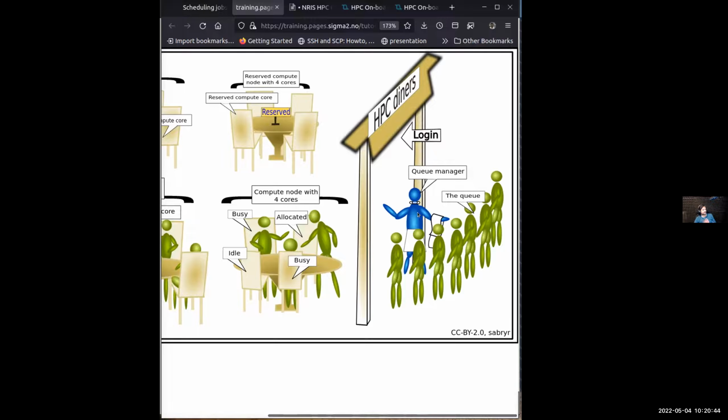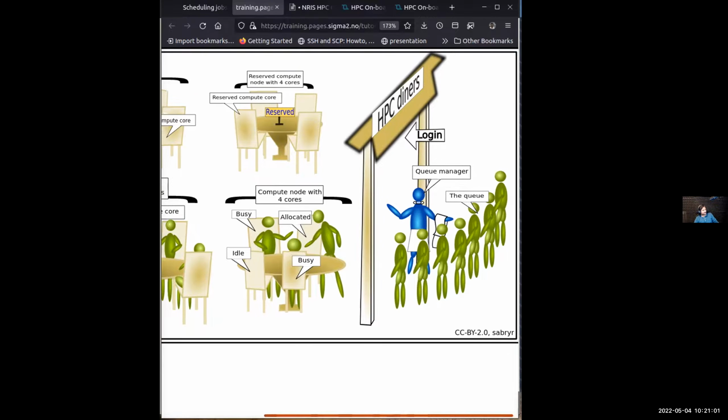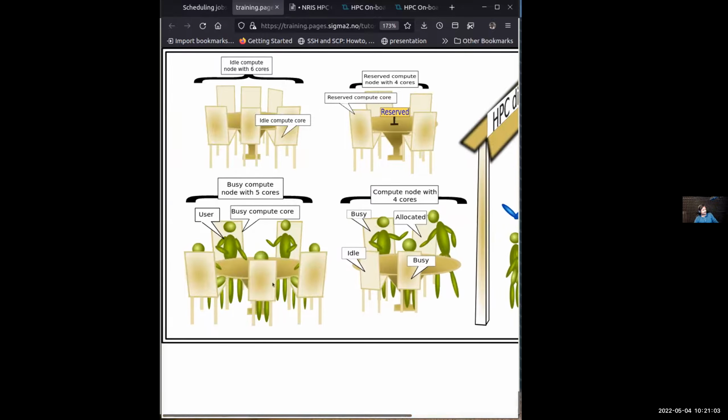But a job script that is customized for Slurm will not work exactly as it is on PBS, and a PBS script that you borrowed from a colleague who works somewhere else would not directly work on our system. So you have to keep that in mind. So, the scheduler, Slurm.